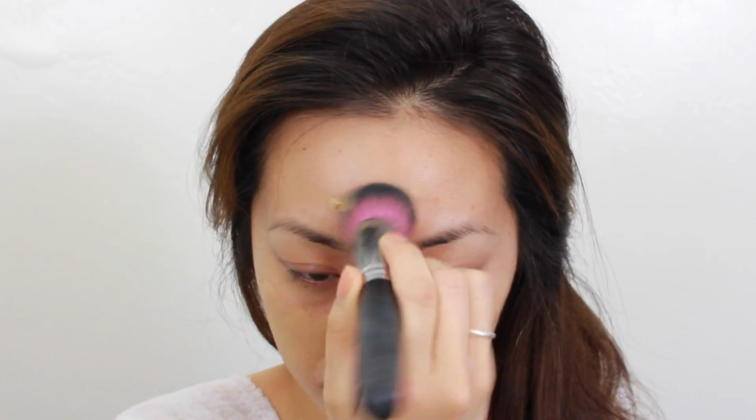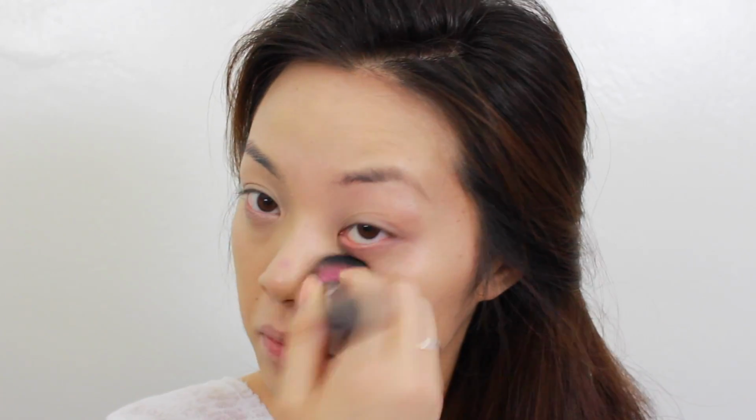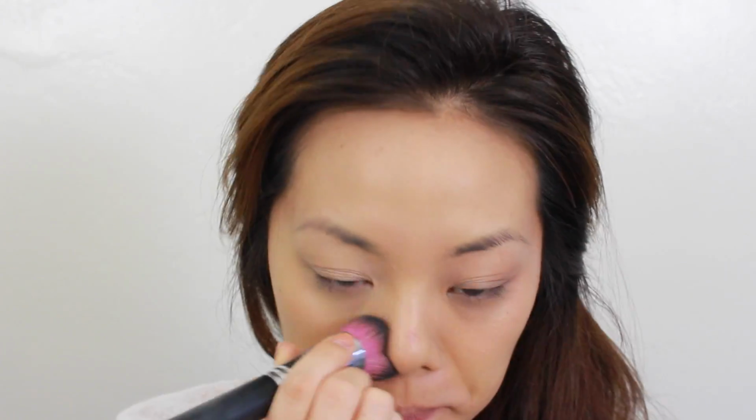I'm taking the Sedona Lace 480 brush. This is a really nice buffer brush to buff in your foundation. It's also really good for concealer because it fits right underneath your eyes, and I will show you guys how I do that later. I did my brows and my eyelashes off camera, and then I'm taking the LORAC primer